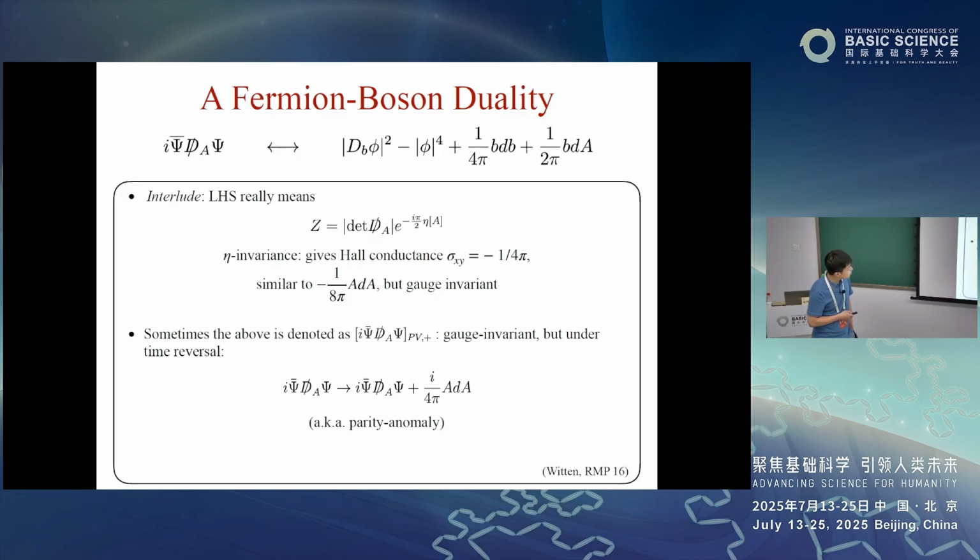Now the important thing is that this Dirac fermion defined this way is fully gauge invariant under U1. There's no issue with gauge invariance. You can promote the gauge field to a dynamical one. There's no problem with that. But under time reversal, it's almost time reversal invariant, except there will be an additional Chern-Simons term at level 1 that appears under time reversal. Right? So strictly speaking, it's not time reversal invariant because your Hall conductance changes. And this is the famous statement of parity anomaly for the Dirac fermion.